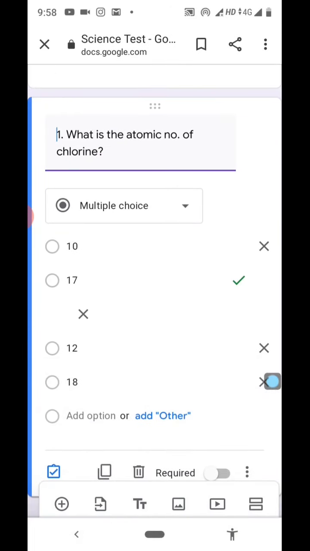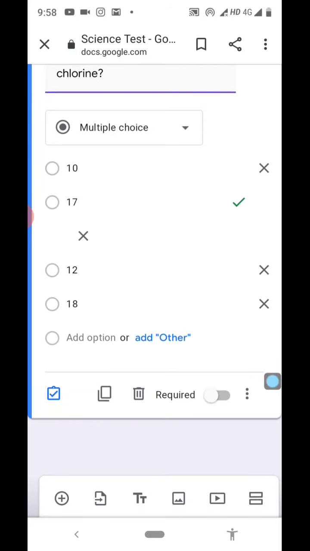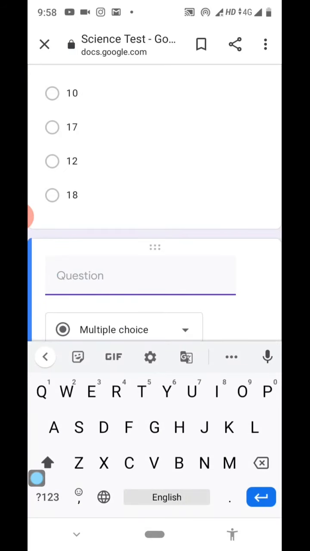So we have specified the correct answer to the system as well as allotted the mark. It means if the student answers it correctly, he or she will get 1 mark. Automatically the score sheet will be generated. Here you can see there is a plus button, clicking which you will get another question. Now let me not waste time by giving many questions. Let me directly go to the feature called uploading of file.